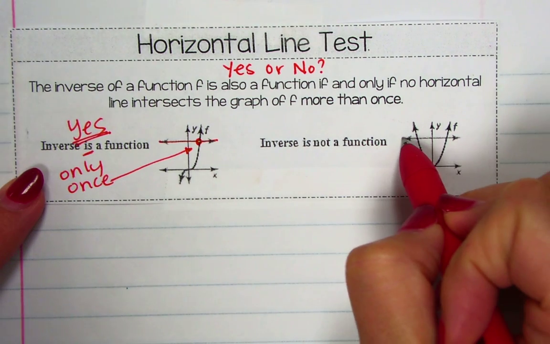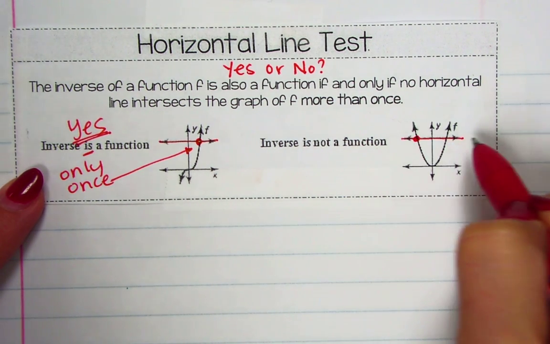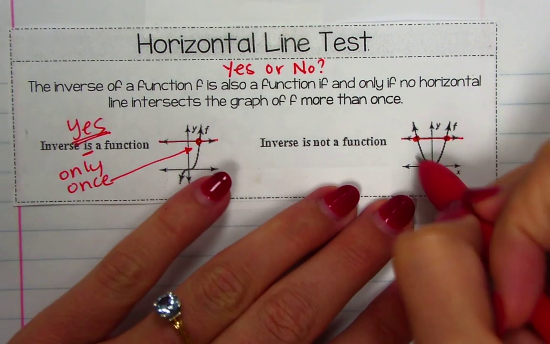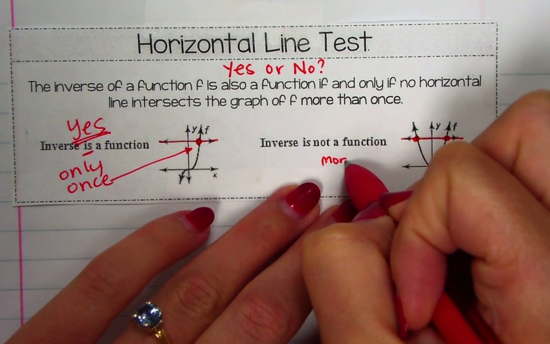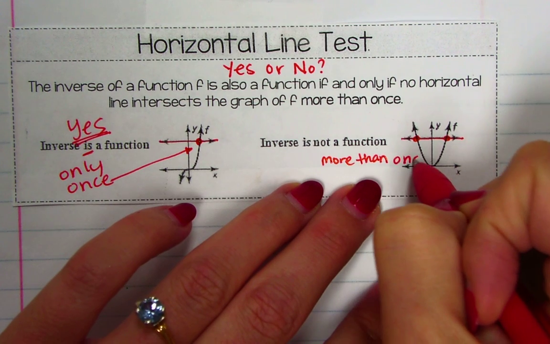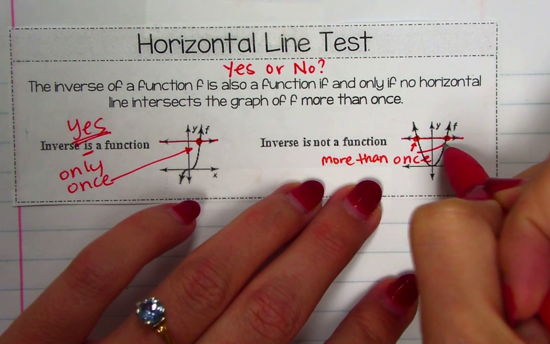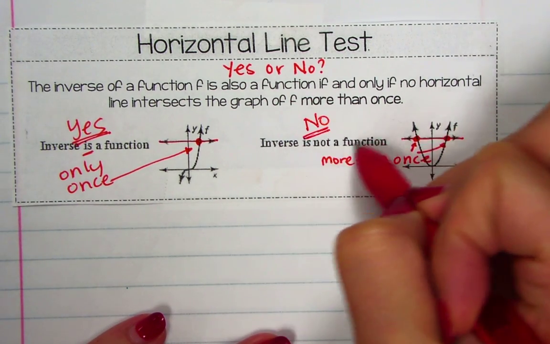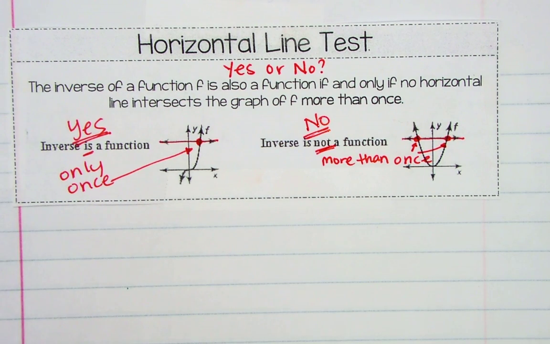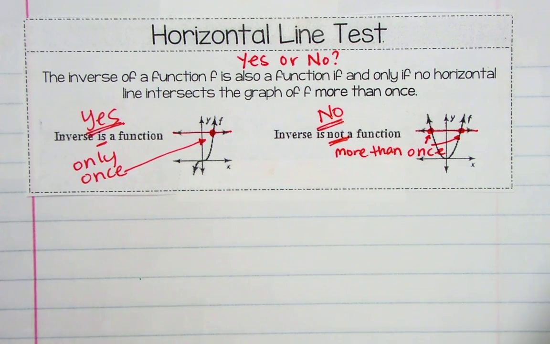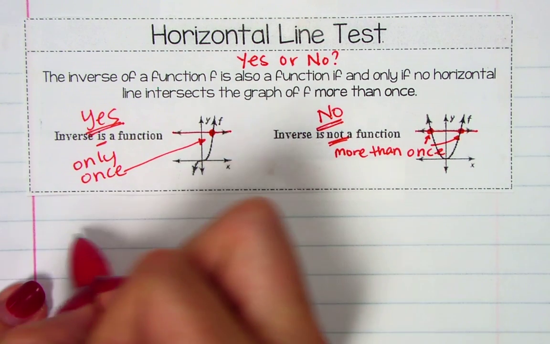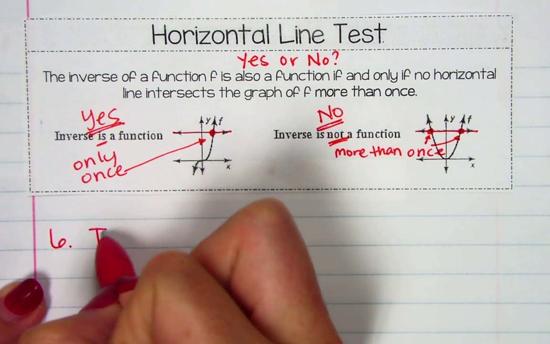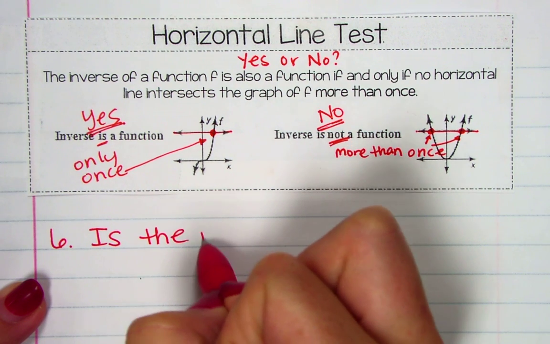Okay, if the horizontal line that you draw crosses more than once, and I didn't say twice because it could be even more than twice. Could be a million times. Okay, more than once, then no. It's not a function. Can only cross one time. Okay, in order to be a function, using the horizontal line test, the horizontal line that you draw yourself can only cross one time. Okay, so on number 6, we're asking, is the inverse